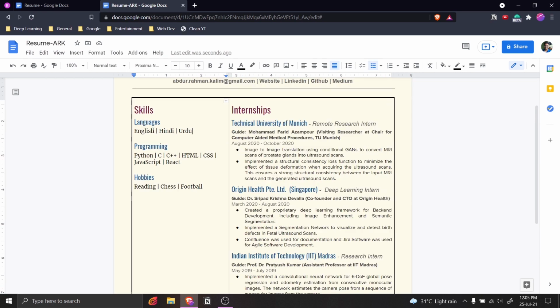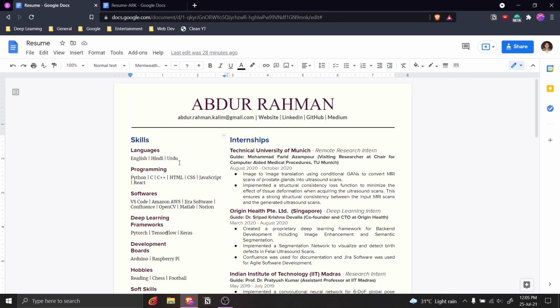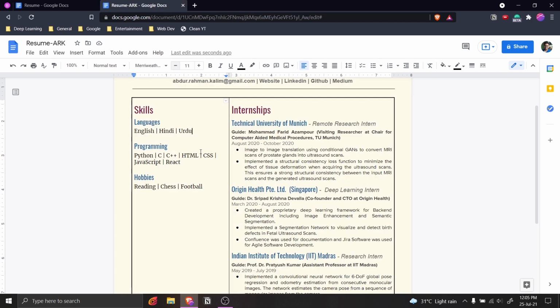Here also I can see the skills in the skill section, the text size is a little too big. So let's reduce it. Let's see what number I have used in my resume. So this is 9, okay. So let's reduce it to 9. So from 11 to 9. Again, you can do this manually also instead of pasting. Right. So this is how it is done. I guess this is better. Yeah.